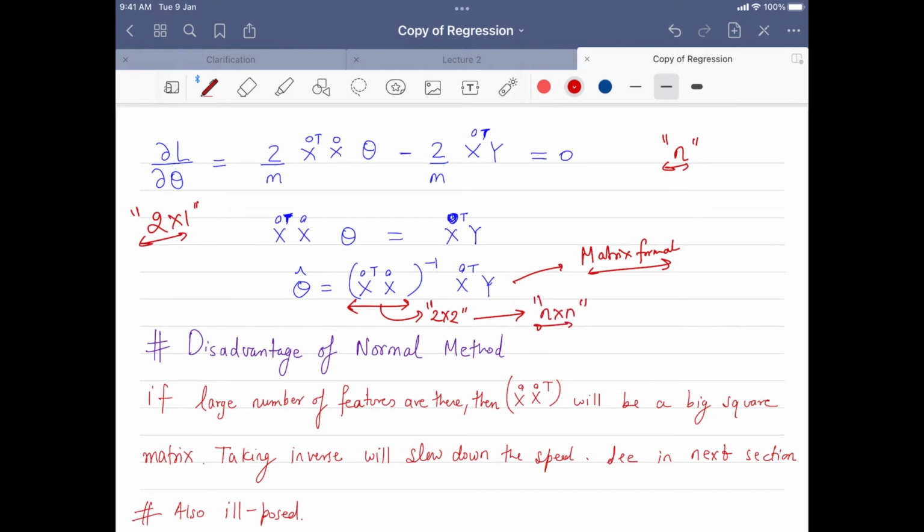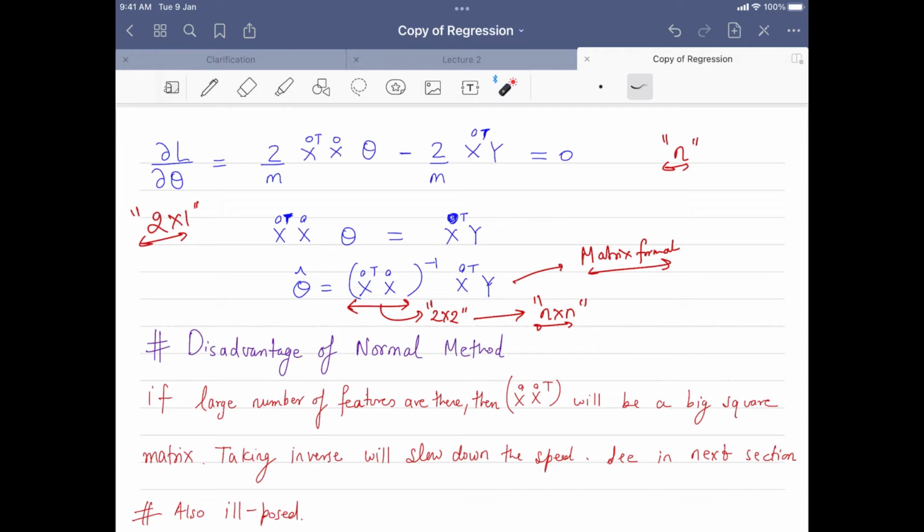And you can see normally we use a lot of features, like 100 or 200 or 300 or maybe 1000 features, for practical problems. Then if you keep on increasing the feature dimensions, this matrix will become an n cross n matrix, which is a large matrix, and it becomes very difficult to invert because it will not be computationally stable to invert these matrices when they become very large,